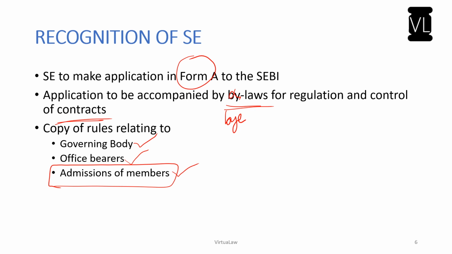Office bearers are the ones who would have the management of the stock exchange, and the governing body is something which would look after the entire control of the stock exchange. So they wanted strict rules in terms of these three institutions. So thankfully, in order for the students not to have more burden, there was no recognition of stock exchange